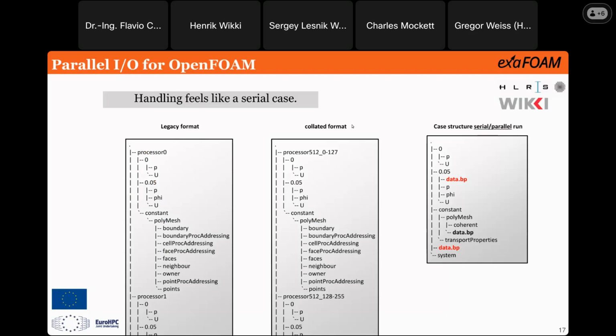Also in the collated format, of course I can collate from 512 processors, I can collate all the output into one processor folder, but it's also not recommended in terms of decent I/O where you get some performance. You would want to aggregate your data per client, per compute node or something like that. And then quickly it sums up to many more files than you really want to handle.